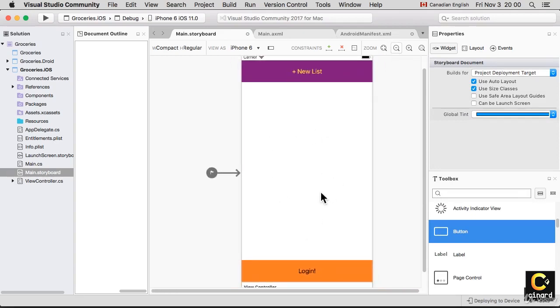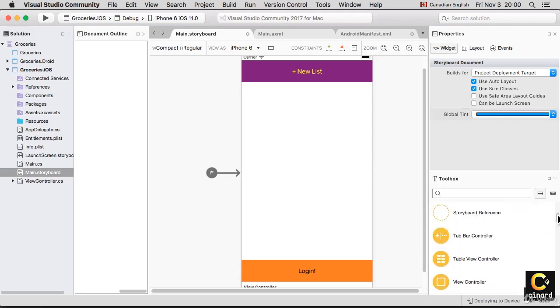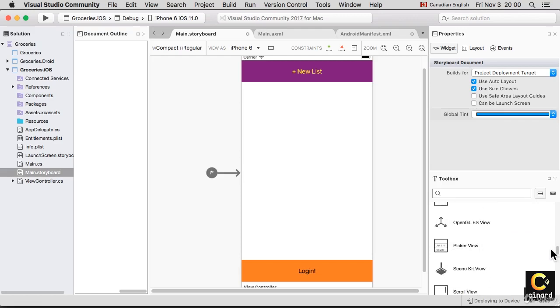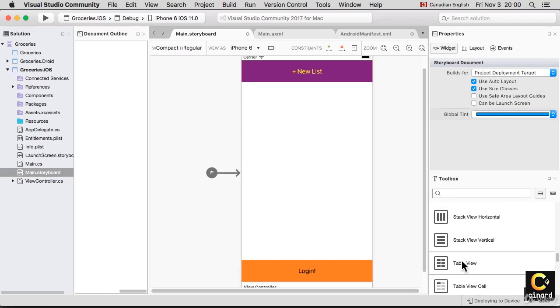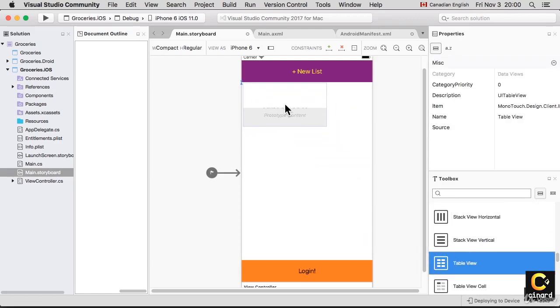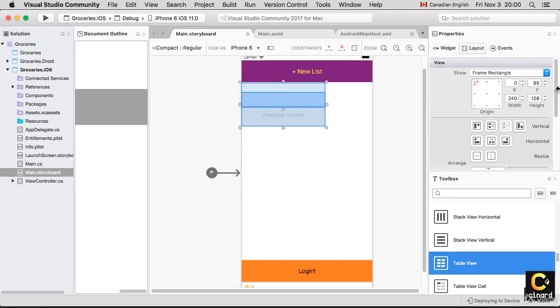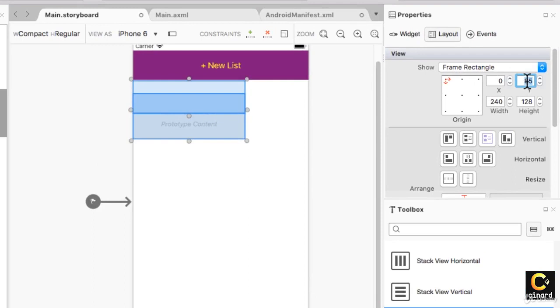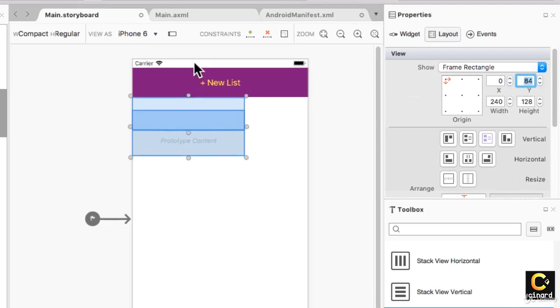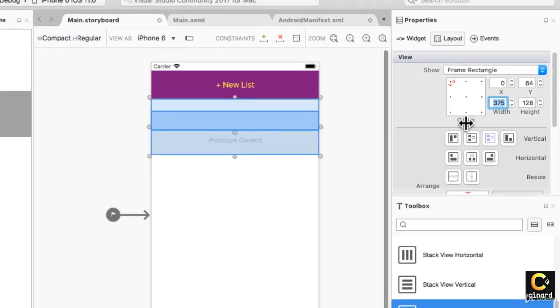Then I'm going to add a table view between these two. So I'm going to go ahead and say this one is a table view here. If I find it, perfect, table view. And my table view is perfectly aligned up there. So that up there is essentially 0 and 84 because we have 20 pixels for the status bar and then another 64. And then the width is 375 and the height of it is